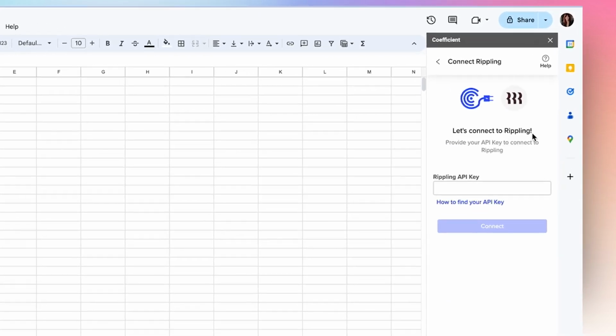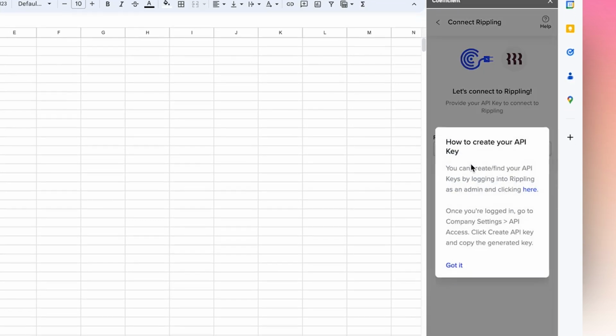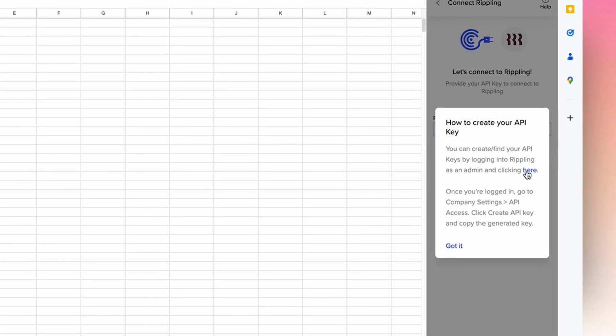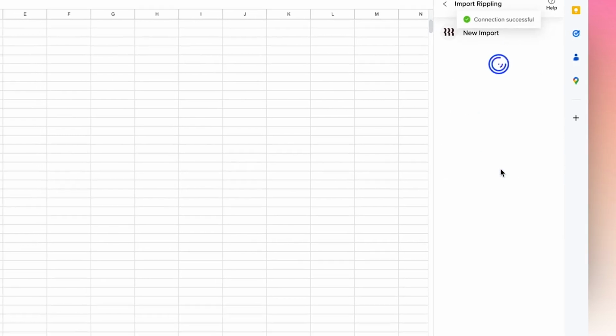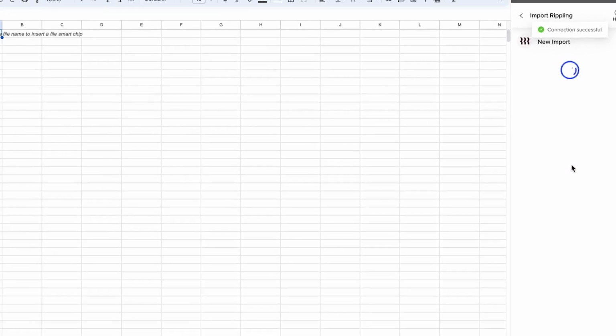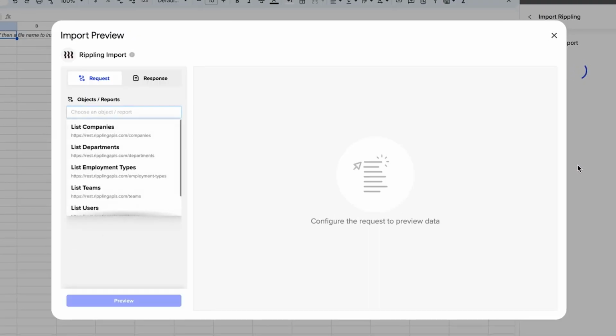To connect, you'll need to locate your Rippling API key, and if you don't know how to find it, you can select How to Find Your API Key. We've provided instructions and a link to the exact page to help you easily locate it. Once you have it, you can paste it here and select Connect. Once the connection is established, the import preview will appear, and here you can start importing data by selecting the